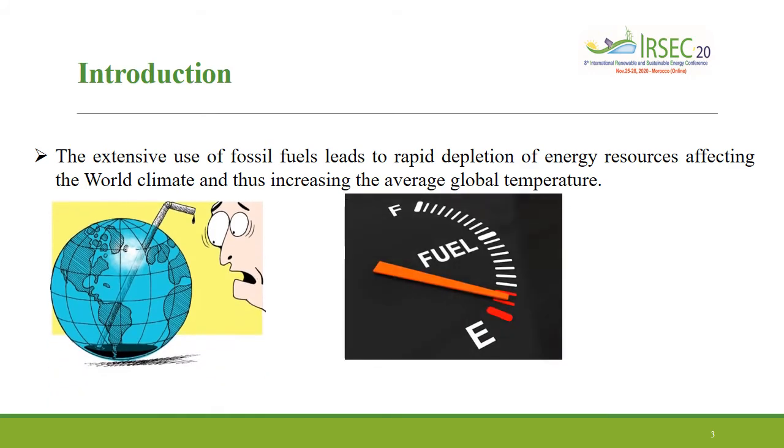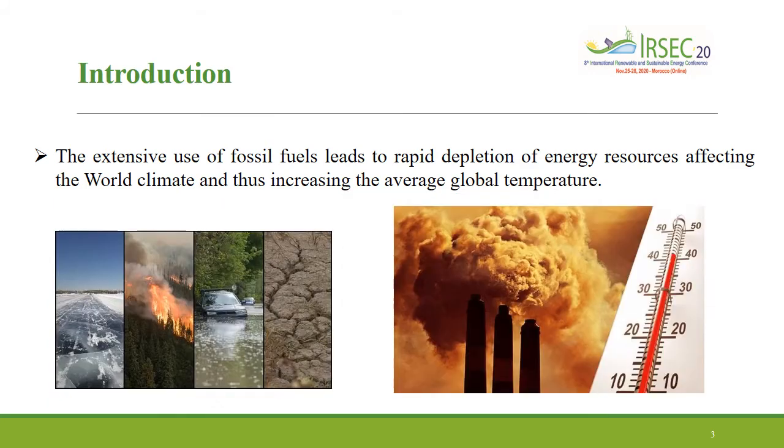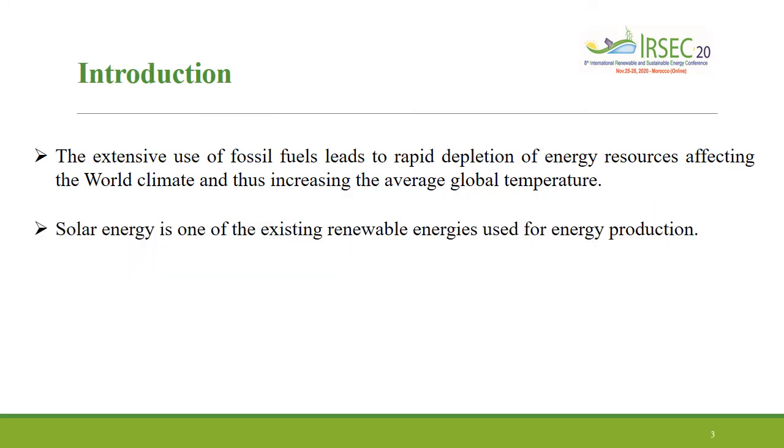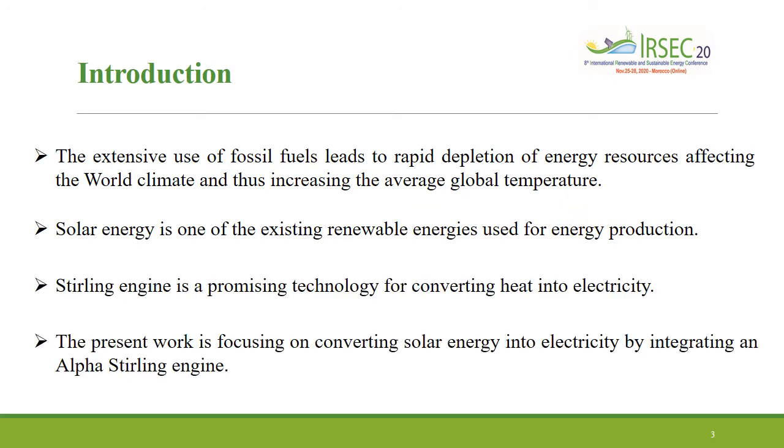Stocks of fossil fuel in the world are unsustainable. To deal with this difficulty, we should employ renewable energy for power production instead of using fossil fuels. The present work is focusing on Stirling Engine for electricity production in Moroccan remote areas based on solar energy. The novelty of this research is the modeling of an alpha-type Stirling engine and the use of genetic algorithms for